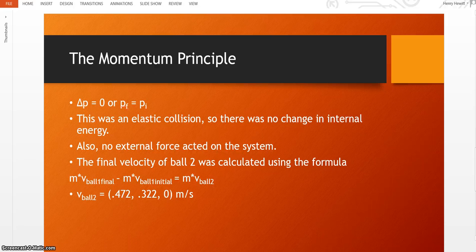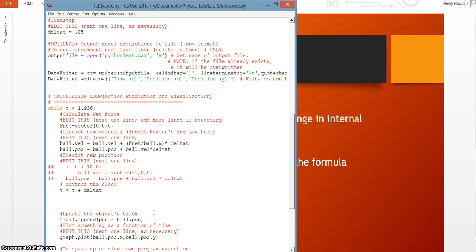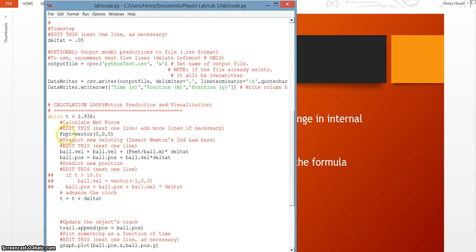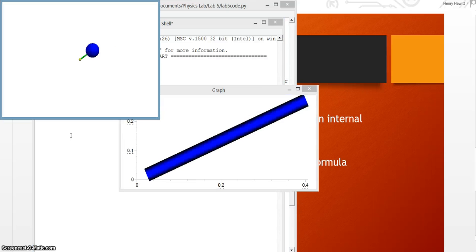So I created a Python model to model the motion of ball 2 with this initial velocity. I assumed an ideal system where there's no friction, so no net force acts on it. I'll talk more about that later. But when I run the model, you see that the ball moves in the positive x and y directions as shown in the video,